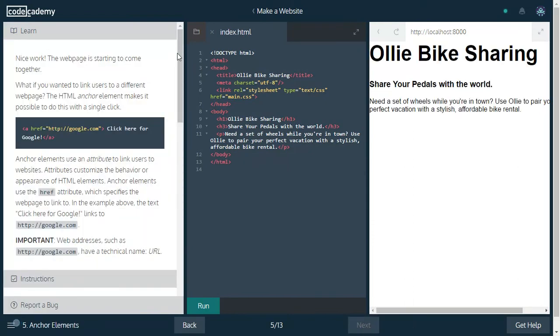Okay, nice work. As it says from Codecademy, so nice work guys. The web is starting to come together. Whenever you want to link users to different web pages, HTML anchor elements make it possible to do this. So now we need to understand a few other things. Have you seen any particular website where you have a link to click? If you click on the link, it goes to a different section of the website or a different web page, or altogether it is redirected to a different site. Suppose you have a login button. So you enter your username, you enter your password, you click on login. So you are not on the same page where you